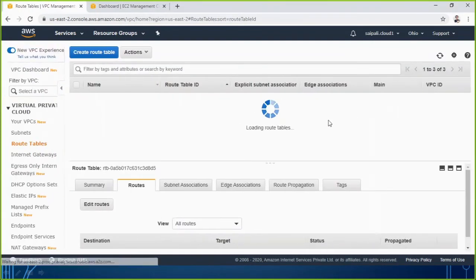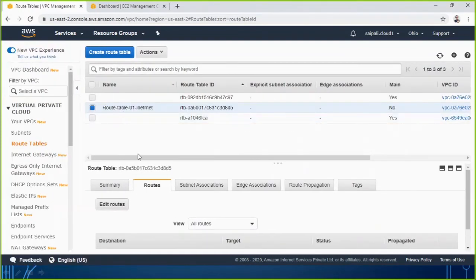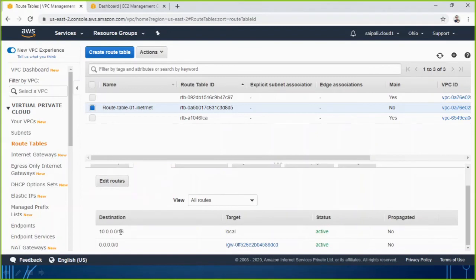And then you will be able to see that this routing table now has routes. Two routes are there. One route is local, and if any other IP address range comes, it will be forwarded to the internet gateway. So this is the next level task we have performed now. We have created a routing table, we have added the route, and that is for the internet. Is it clear? I hope it's okay up to this point. So now we are moving forward.